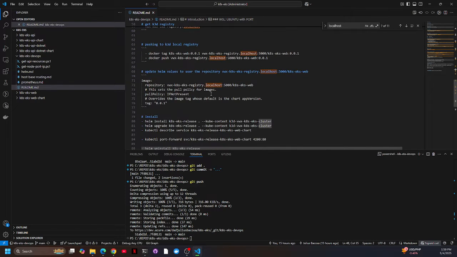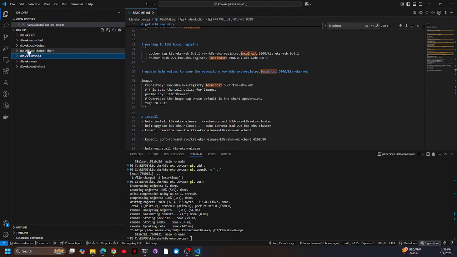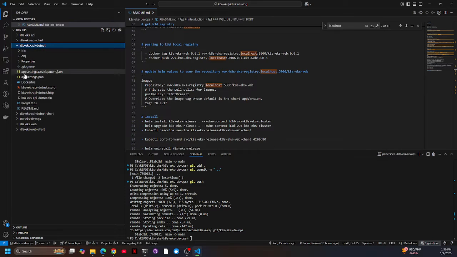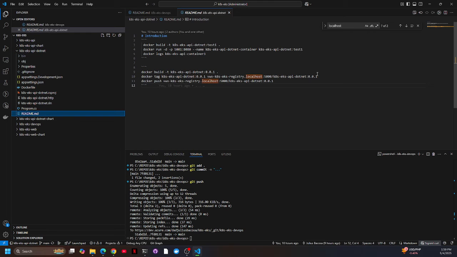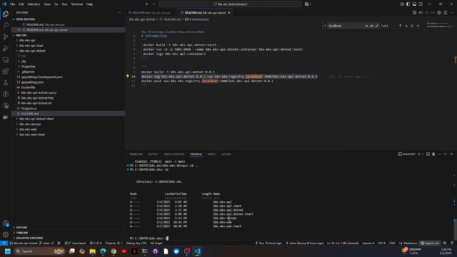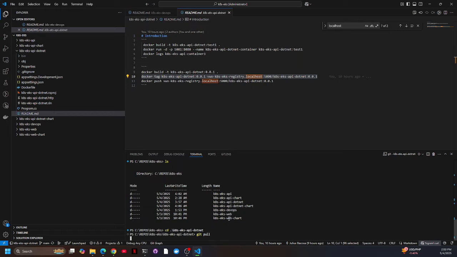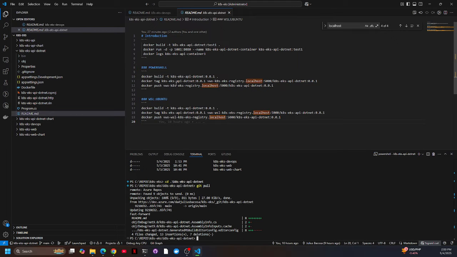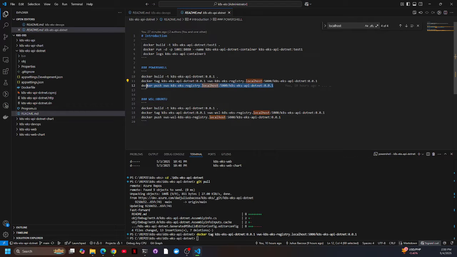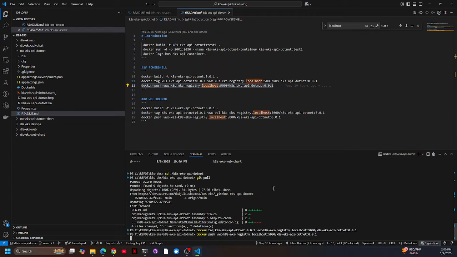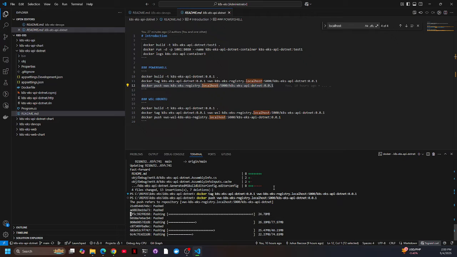So to push that, let's just go straight here to the .NET here, go to readme, and then push this. First we wanted to pull the .NET image, and then yeah, we have that, and then we tagged it. Push. So once that is pushed,